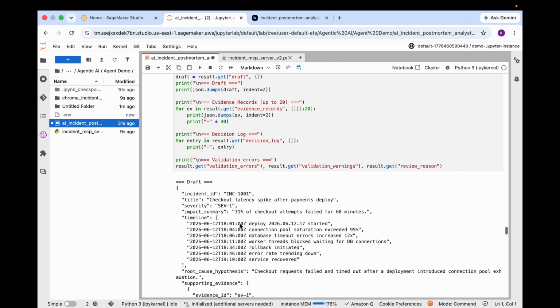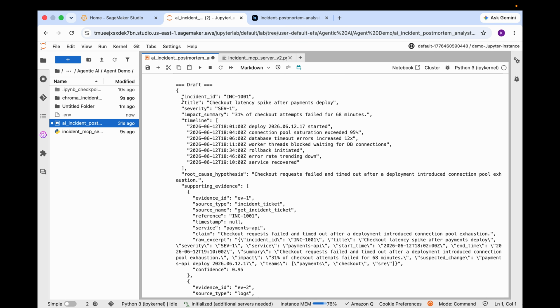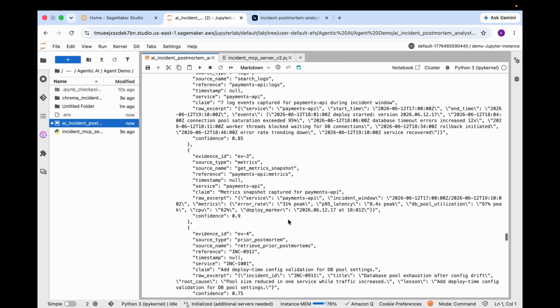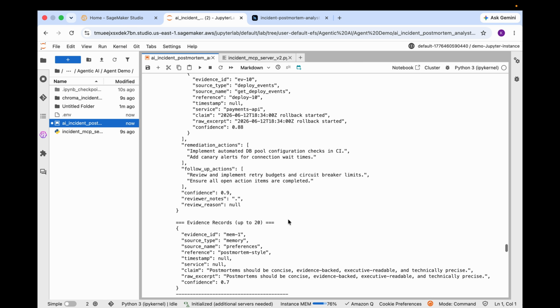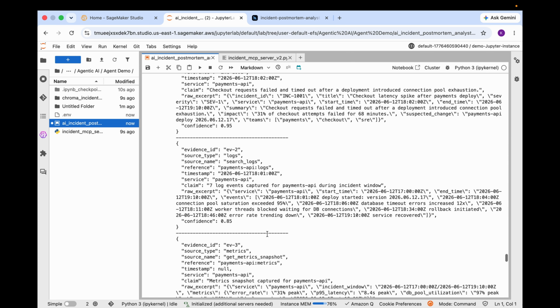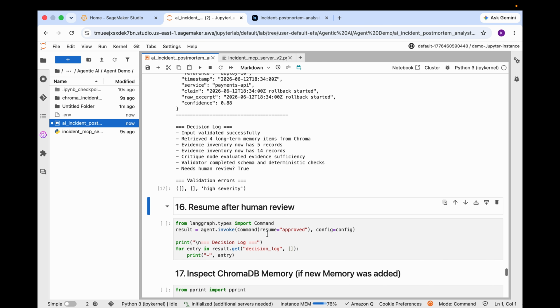So this is the response that we got. We have the draft in the schema that we had provided with incident ID, title, severity, impact summary, root cause hypothesis, and supporting evidence. We're also printing evidence records from agent's state and the decision log, which says input validated successfully, retrieved 4 long-term memory items from Chroma, evidence inventory has 5